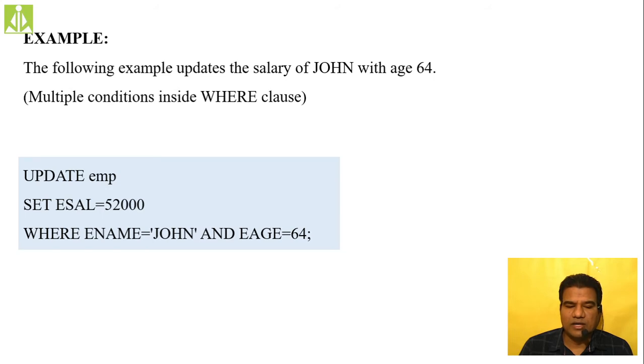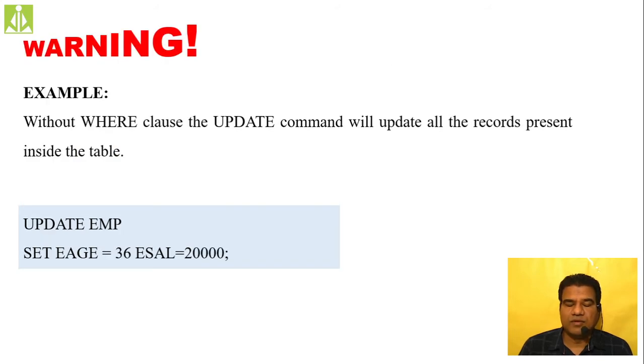Okay. In today's session we said, if you don't use the where clause with your update command, what will happen? Generally the complete table will get updated, isn't it? All the records present inside your table will get updated. So that we generally don't want. Whenever we are doing some updation, that updation will be specific to a particular record only. We don't do a complete table update or all record update at the same time. So this thing you have to consider, and it is a warning. If you don't use the where clause, the update command will be applied to all the records.